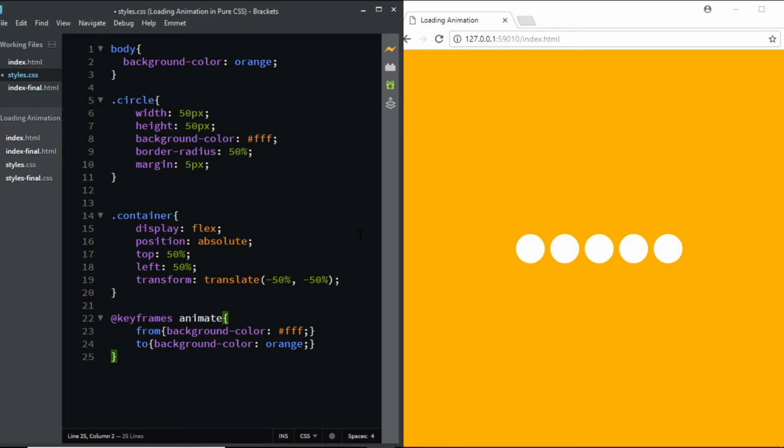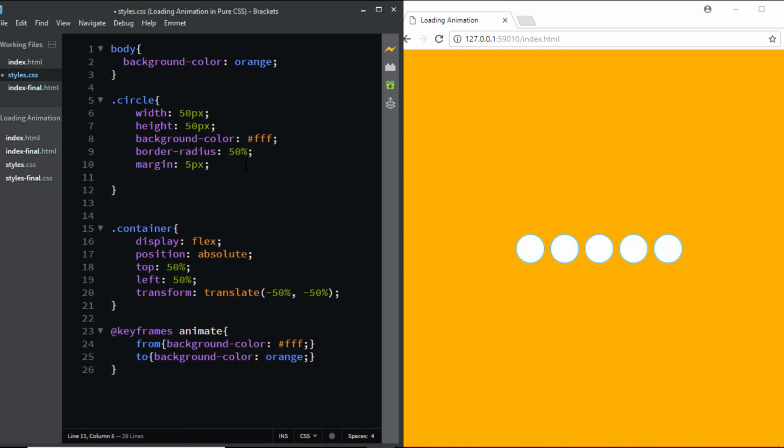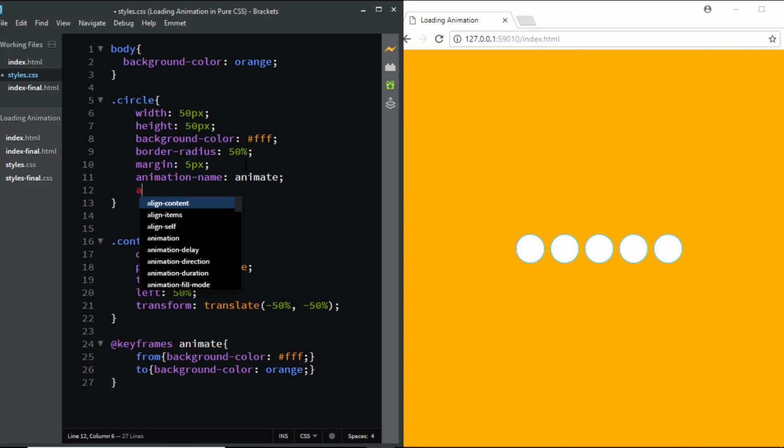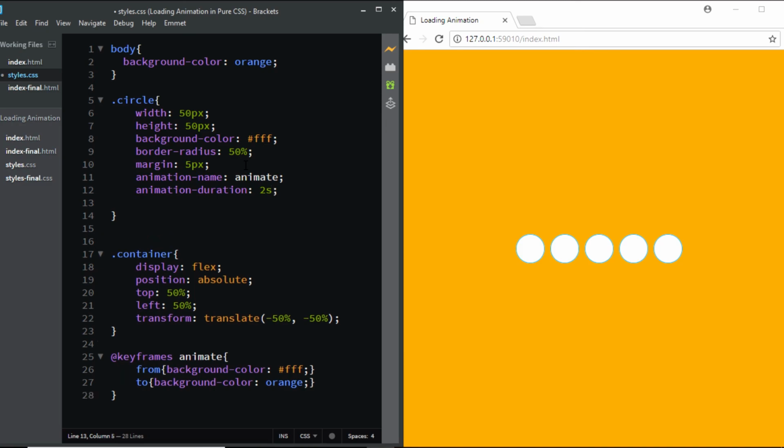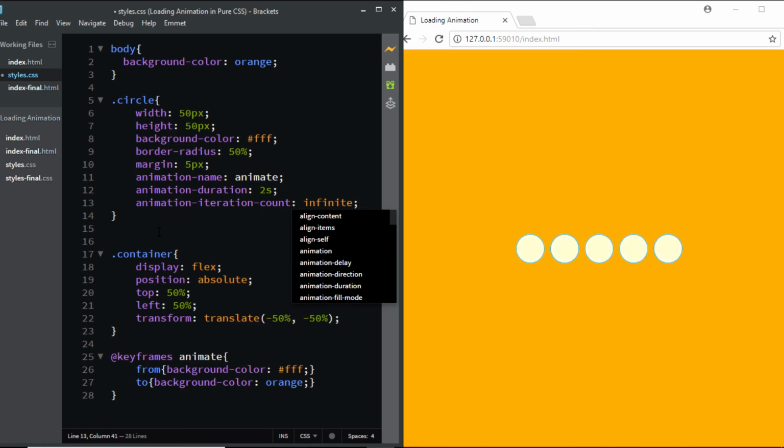So in order to add the animation to our div elements with the class of circle, we'll come up here and we'll say animation name animate, because that's the name we had given to our animation. The next thing we need to do is add the animation duration. We'll set it to 2 seconds, and finally we need to add the animation iteration count, and I'll set it to infinite. So now if you check in the browser,